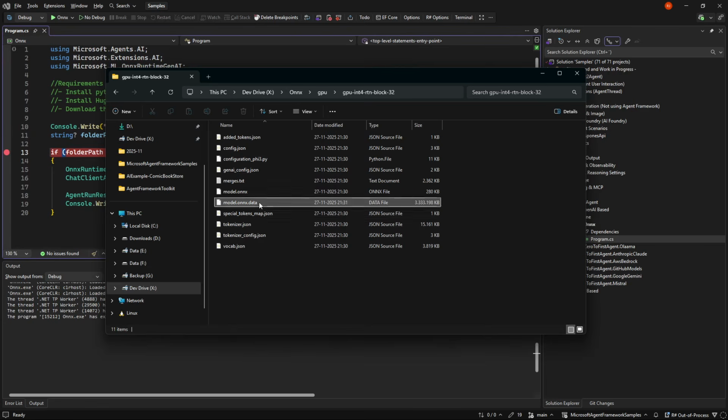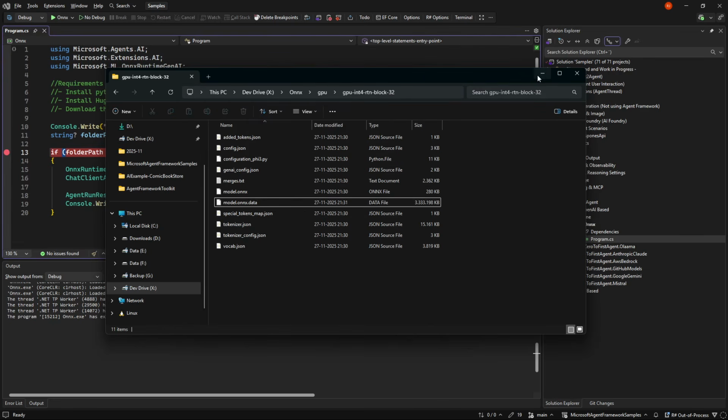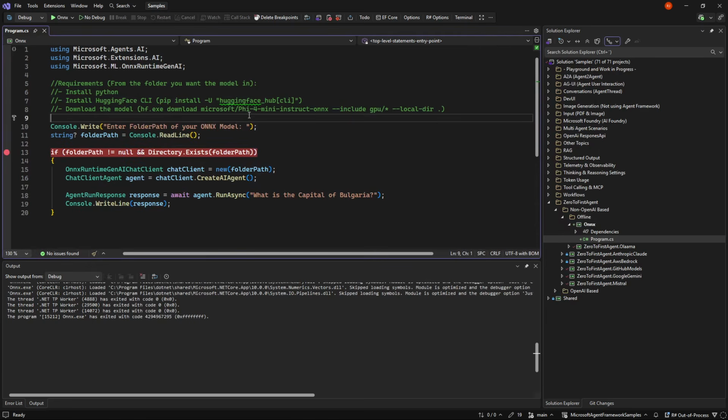The model itself is this file, and the rest of them are more or less configurations. Once we have this, we have a path to it, and that's the only thing we need when we want to run this.